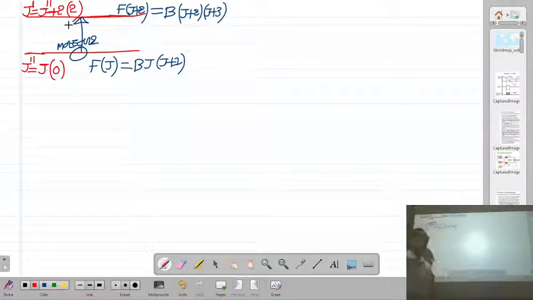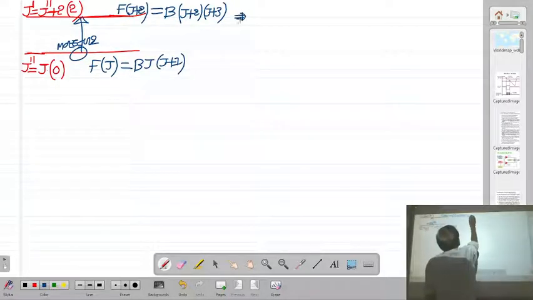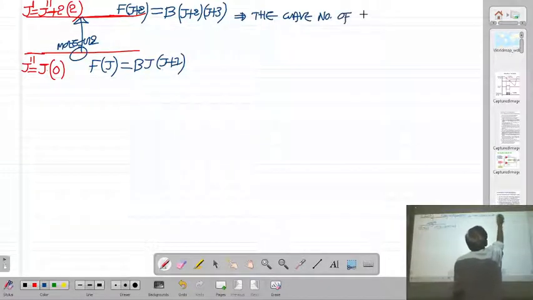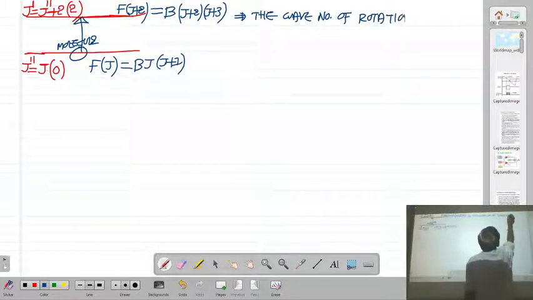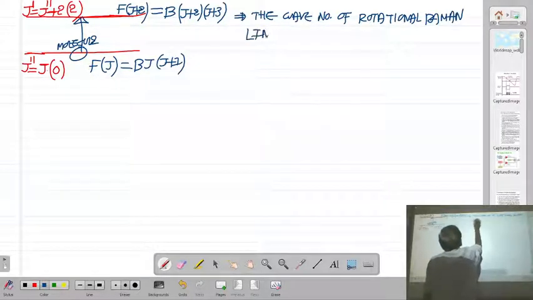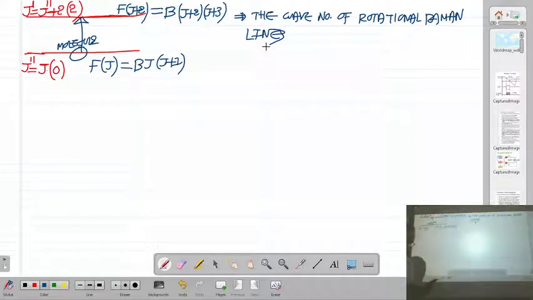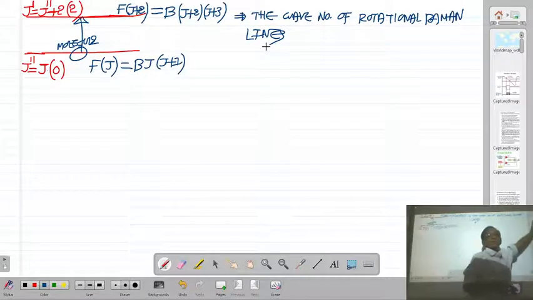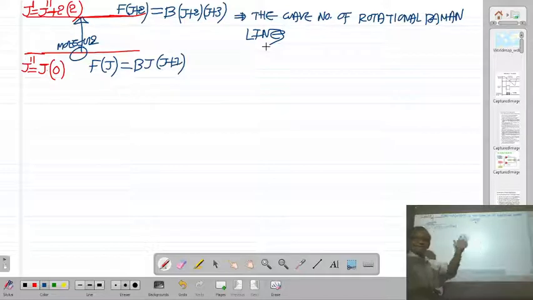So the wave number of the rotational Raman lines appearing on both sides of the Rayleigh line, right side and left side, is given by